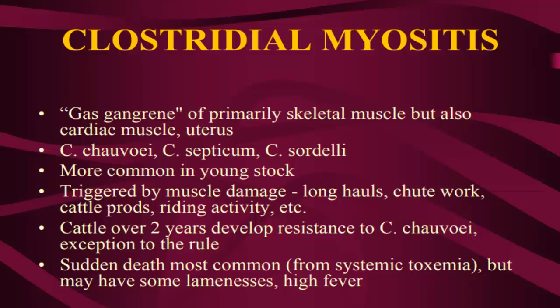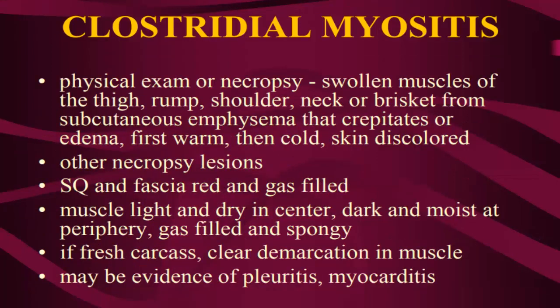Sudden death is most common from systemic toxemia, but there may be some lameness and high fever. On physical exam or necropsy: swollen muscles of the thigh, rump, shoulder, neck or brisket from subcutaneous emphysema that crepitate, with edema, first warm, then cold. Skin discolored. Other necropsy lesions: